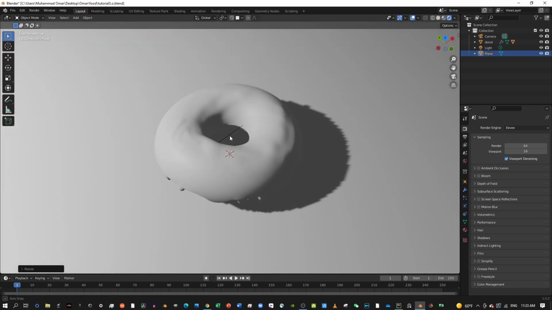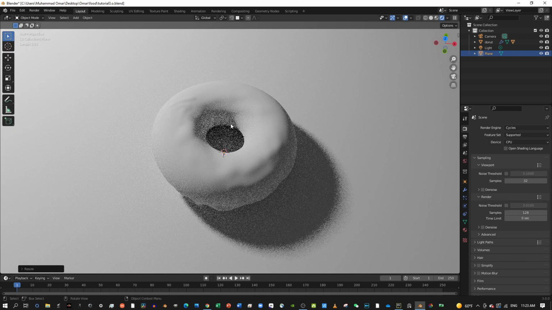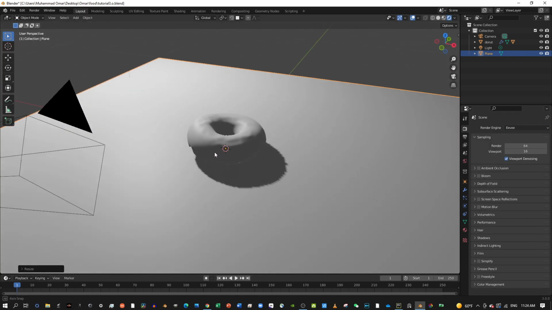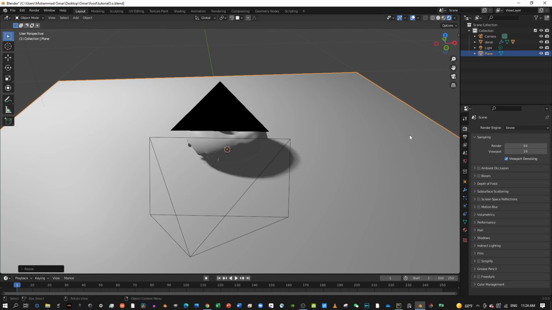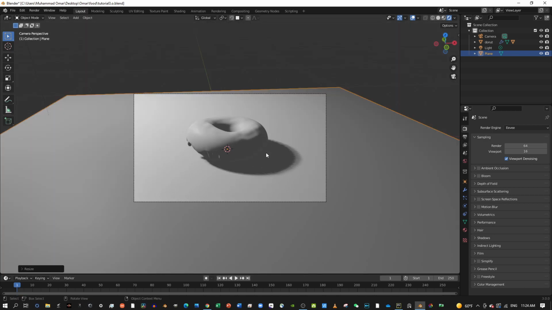If we look in Cycles, there's more light here, like it's bouncing off the plane or table, and it's lighter here. But in Eevee, oh man. So all we have to do is some tweaking. First, of course, is the shadows. The shadow is